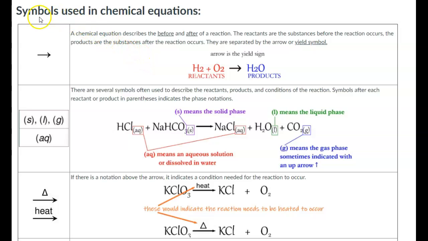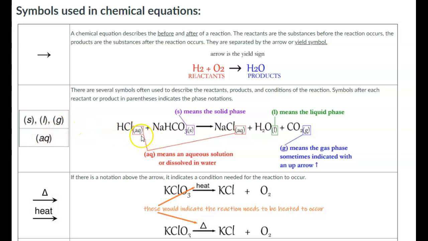To translate chemical equations, we need to understand the symbols used in chemical equations. An arrow is known as a yield sign, and it's used to separate the reactants from the products. Reactants are always found on the left and products are always found on the right, even if it's a reversible reaction. If you see a phase notation, S, L, G, or AQ in parentheses, it lets you know what phase